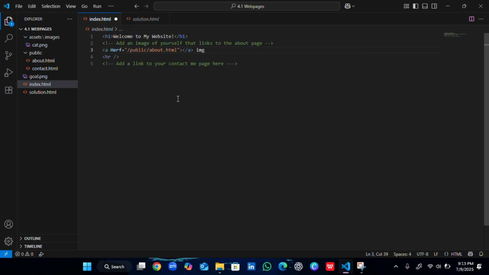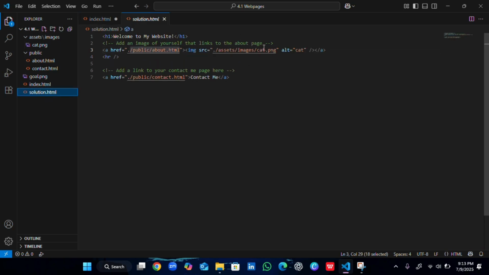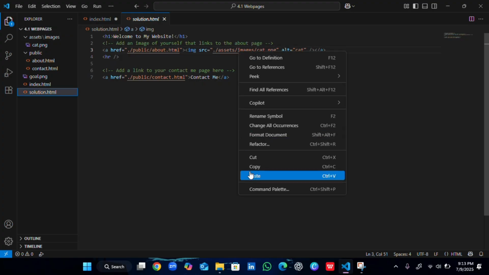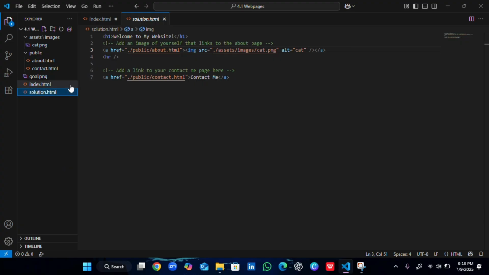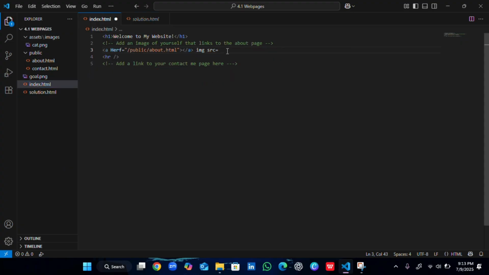We have to write img, src is equal to, and we have to copy this from here. So I will copy this, copy it here and paste it here. Okay, I have pasted it. So simply I will cut this from here. So here now I have written this, and now